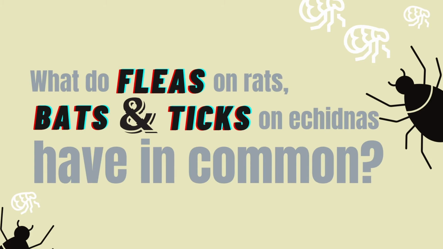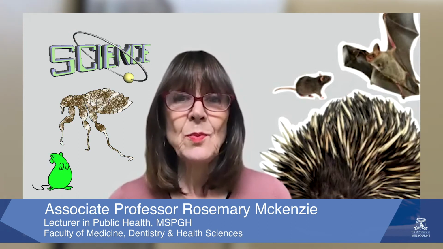They can all spread disease to humans. Fleas on rats carry the bacterium that causes bubonic plague, known historically as the Black Death, but also as recently as 2017 were involved in an outbreak of the plague in Madagascar. Bats are well known as carriers of disease that can affect humans, particularly diseases that cause SARS-type illnesses, including the current coronavirus. They also transmit Hendra virus to horses and humans and have been implicated in outbreaks of hemorrhagic disease